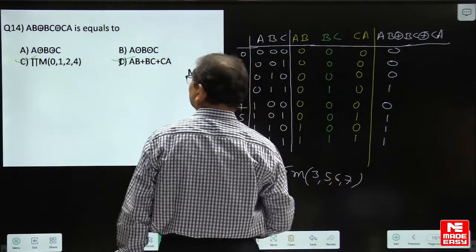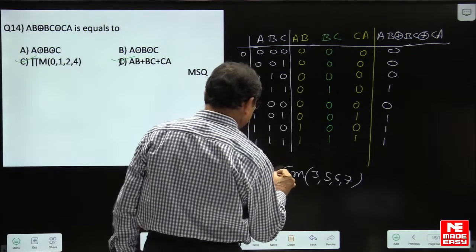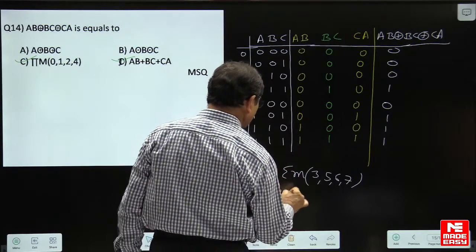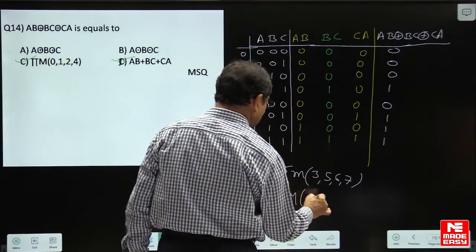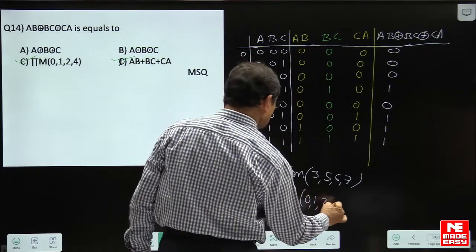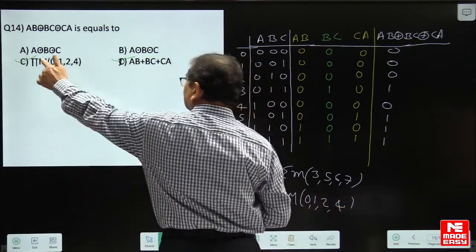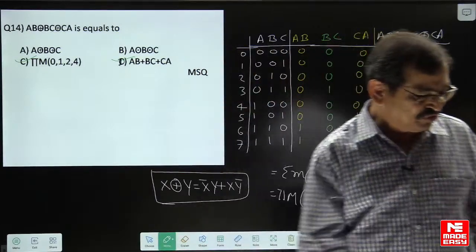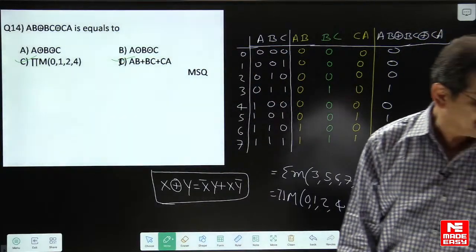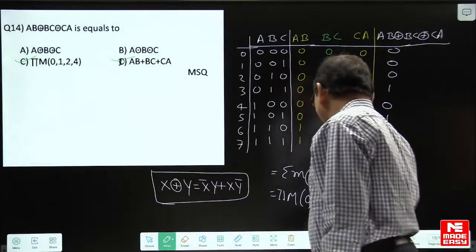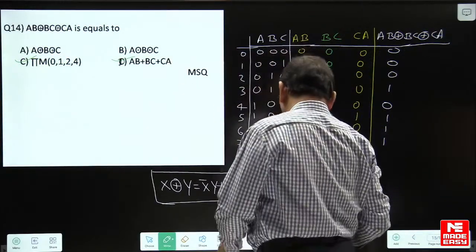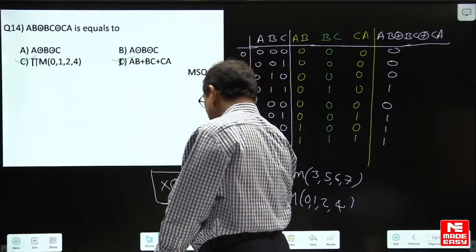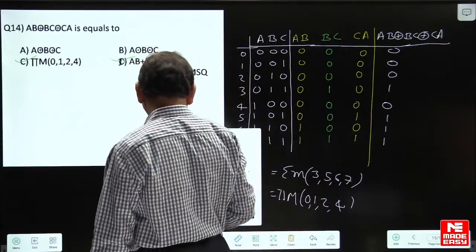These are the minterms. The maxterms, the leftover combinations, the missing numbers, are 0, 1, 2 and 4. So based on this, one of the options, C, must be correct. Then if you look at option A and option D, definitely you will identify that they are not